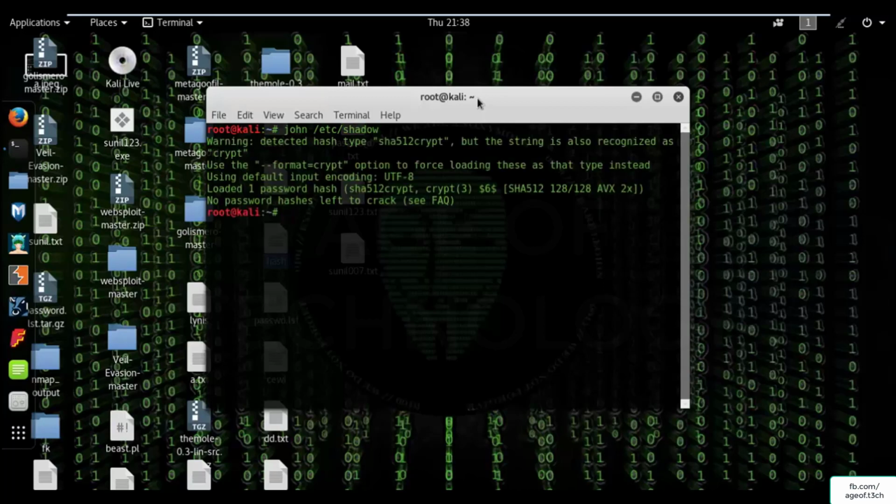So you can see that it has detected the hash algorithm used in the shadow file is SHA-512 crypt, but the string is also recognized as scrypt. Yes, so they are saying to use this option to force loading these. It is saying that one password hash is there in the file and it is using the SHA-512 algorithm,